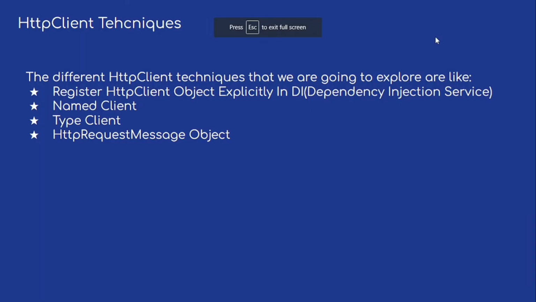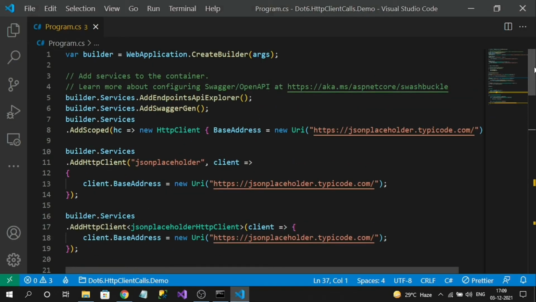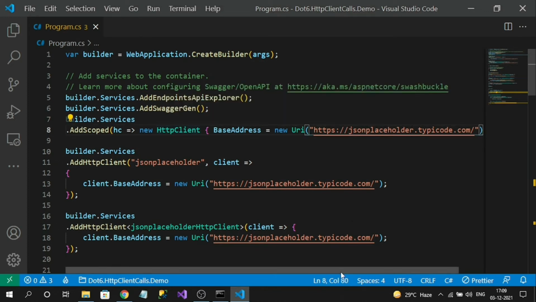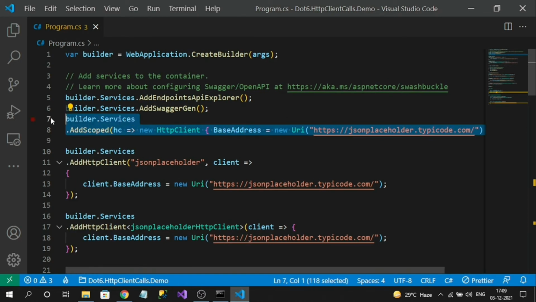So finally, our last technique, that is the HTTP request message object. To implement our final technique, we cannot use this injector here; this technique needs to be removed. While using this in production, my suggestion is you can use either the second, third, or fourth, but don't use the first technique.